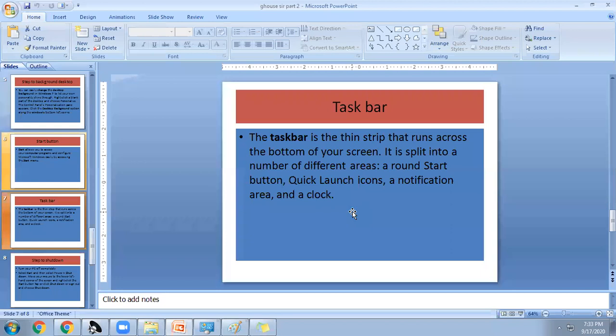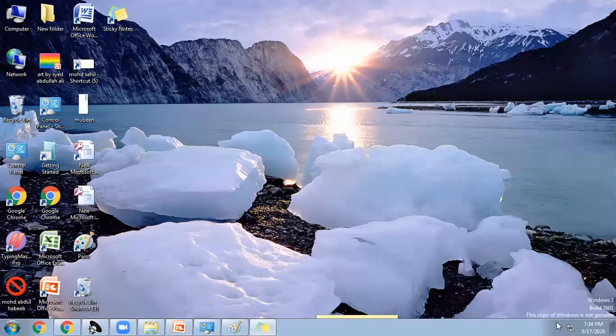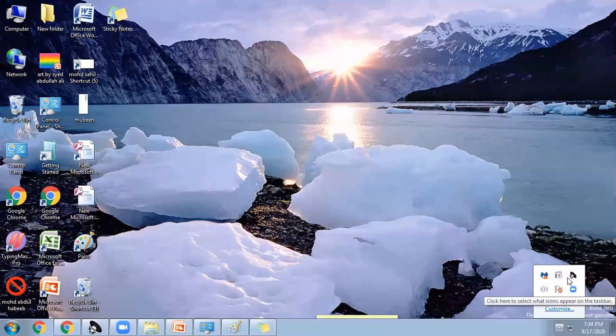Actually, the taskbar is a thin strip that runs across the bottom of your screen. It is split into a number of different areas: a round start button, quick launch icon, a notification area, and a clock. So I will show you again. If you open here, there is customization and all.